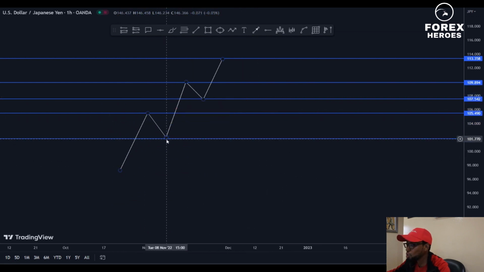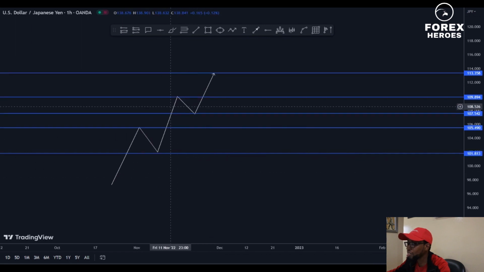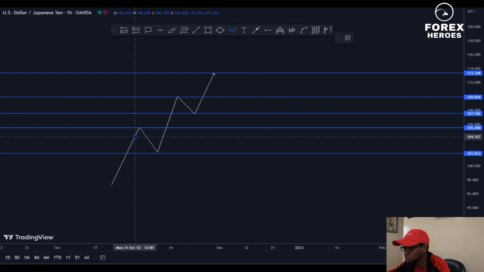And then once you know all this support and resistance, always remember the market does not see your trend lines. We use this as guidelines as to where we can put our trades. We use this as guidelines as to where we can put our stop loss, looking at the lows and the highs. So always be alert, know what you can see in the market and what you're supposed to unsee,